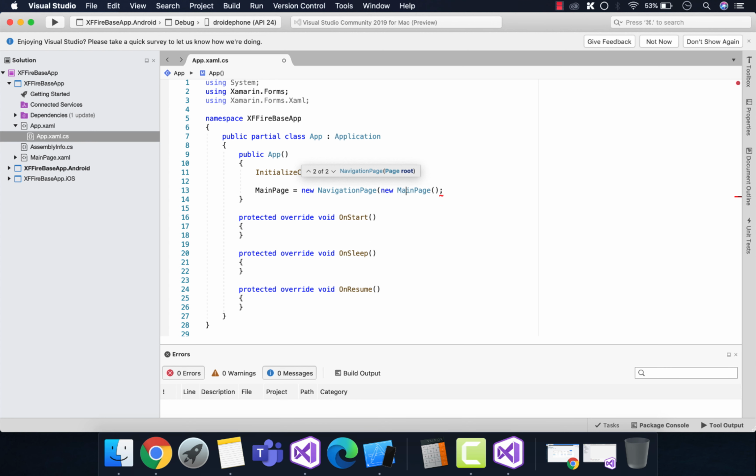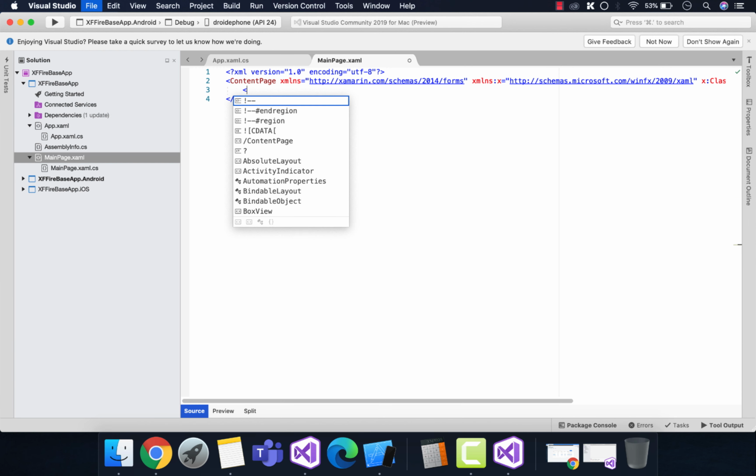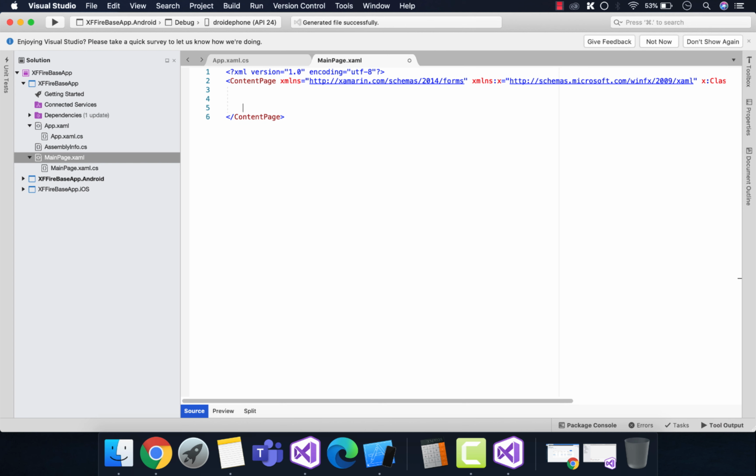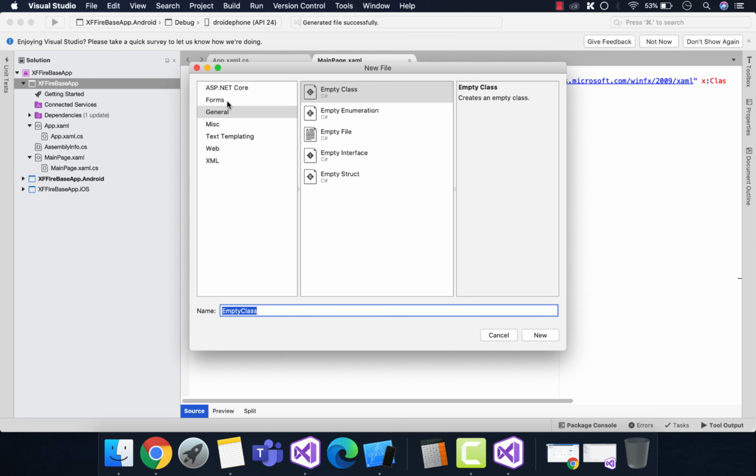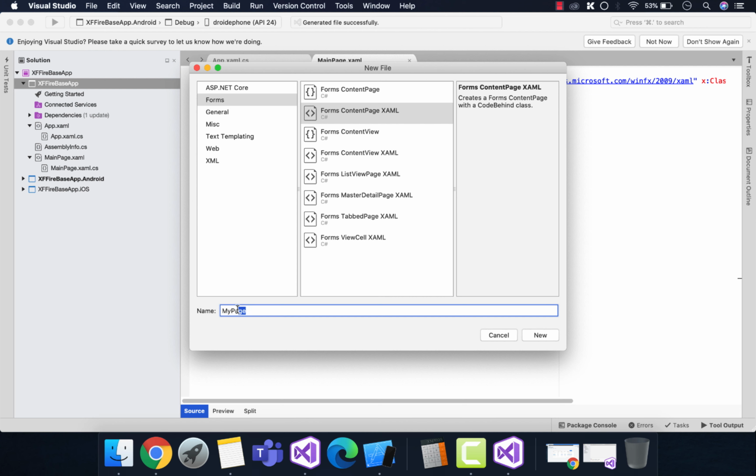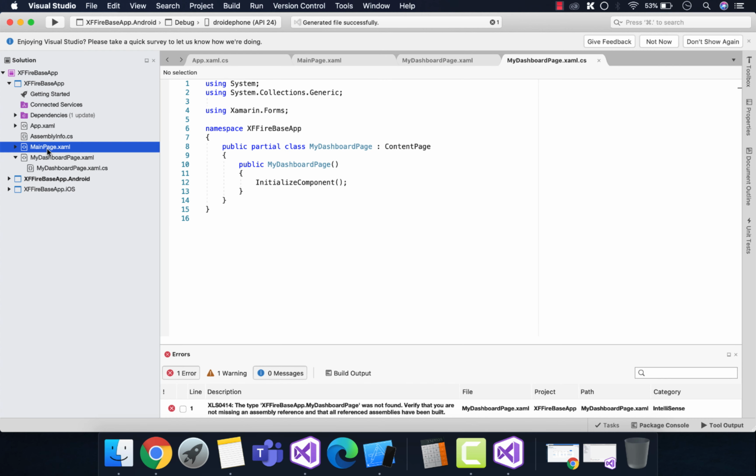Now we know that we are going to move from one page to another page, that is whenever I click on login then that should go to another page. So this is our MainPage.xaml which gets initialized whenever the application is created. Now let's create another page named MyDashboardPage. Whenever I click the login button in our main page then it should go to my dashboard page. This is a very simple